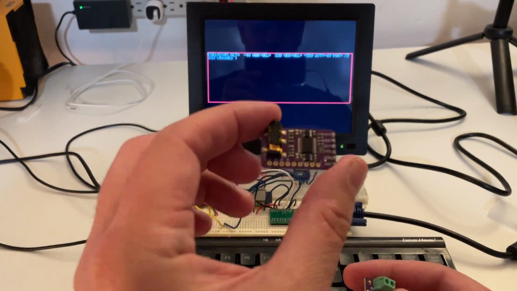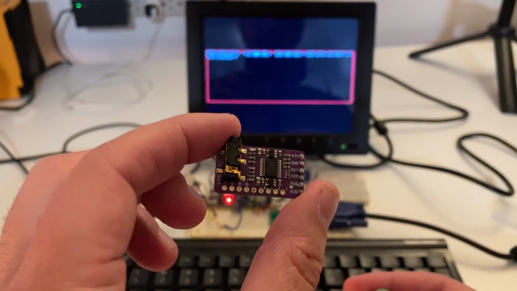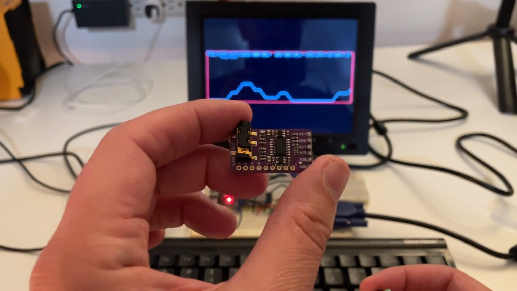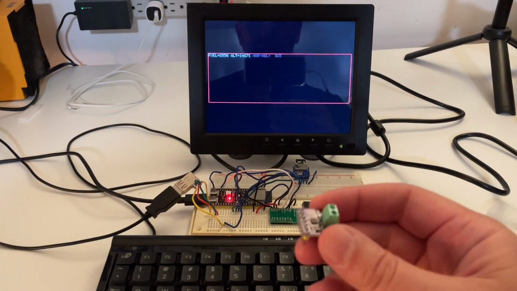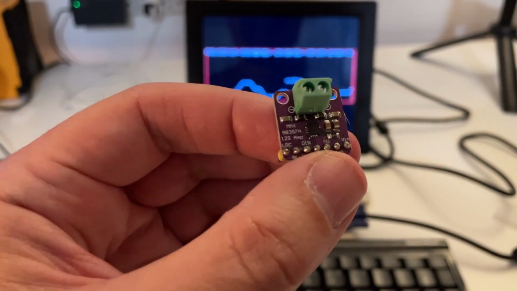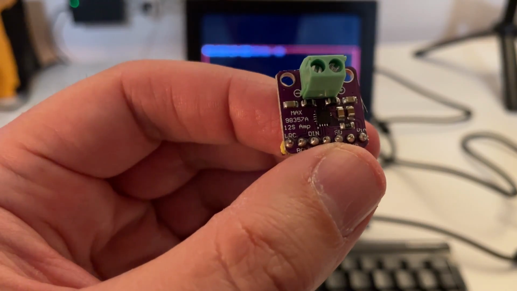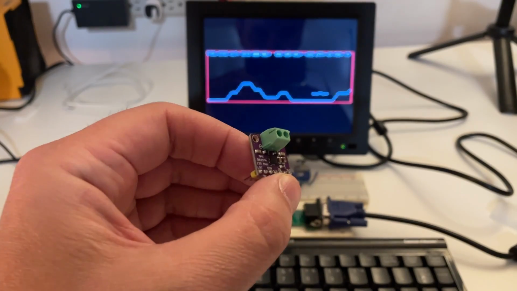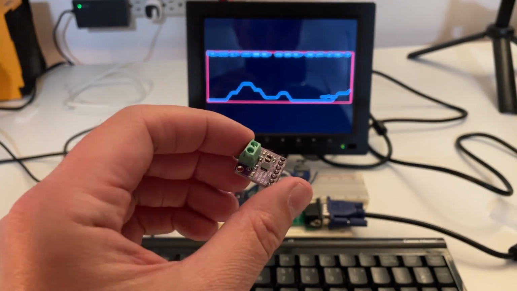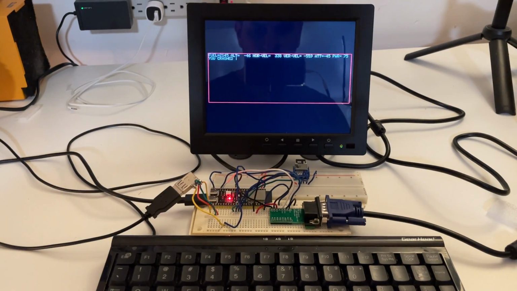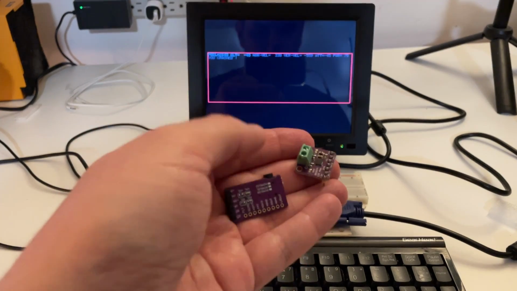This is a breakout board for a PCM5102 chip, a DAC, digital to analog converter. And this is a MAX98357A breakout board. This is an audio amplifier, and both of these use the I2S protocol, which is